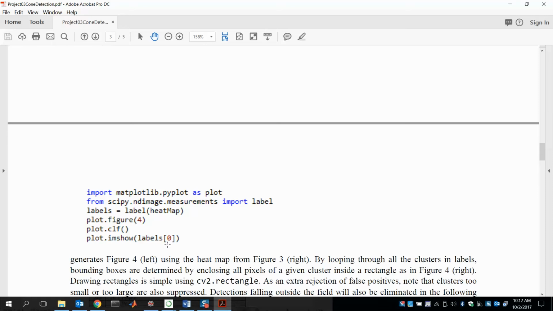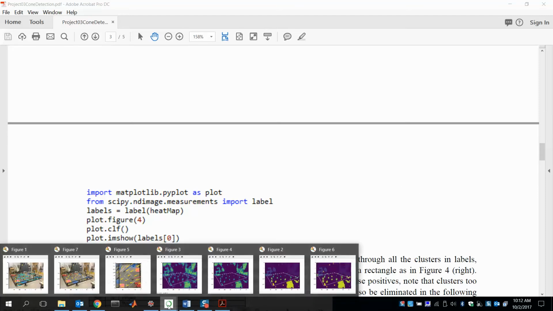The other element says how many labels there are. There are some other things in that tuple, and you can check that out. All right, so once you get that,